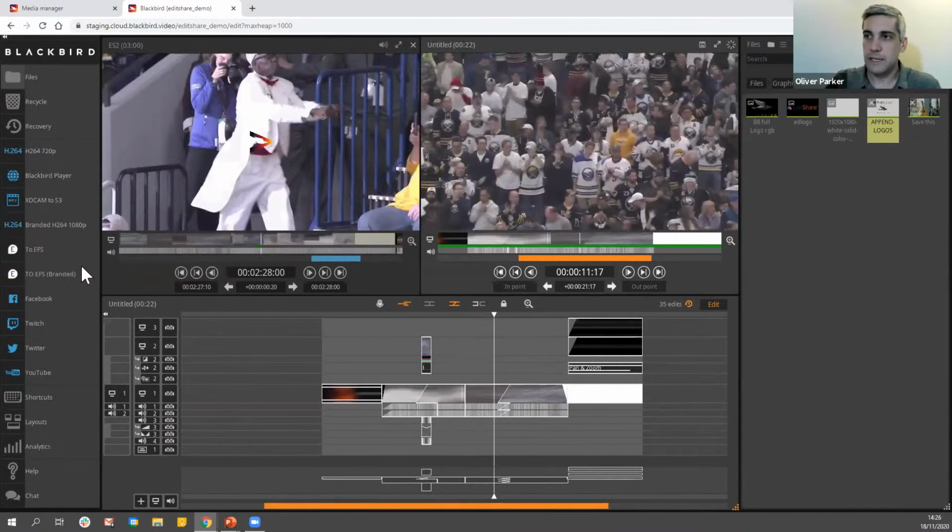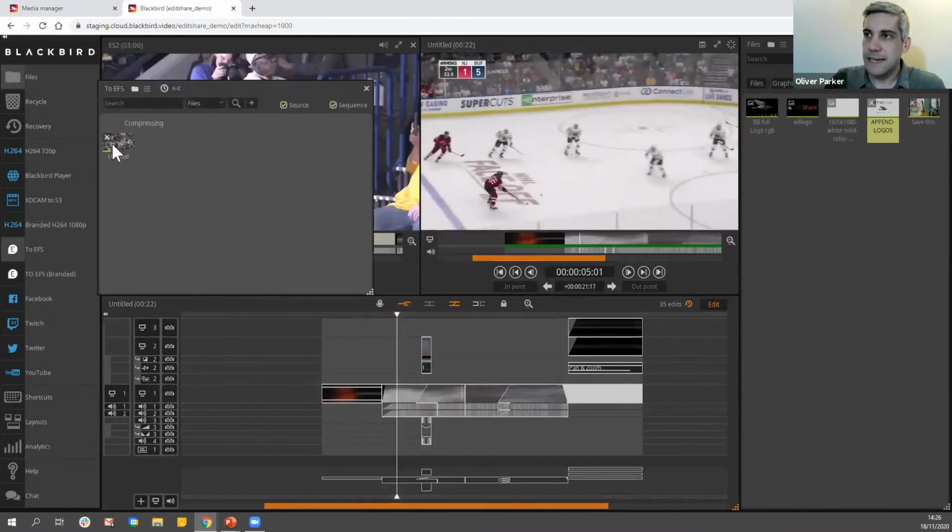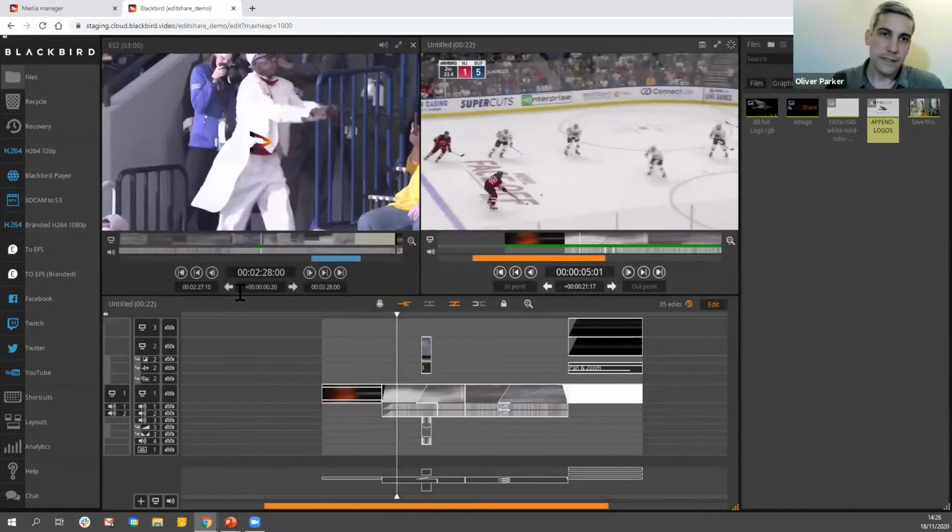I'm going to drag and drop this, and I'm going to send this to the clean render that we've got going into our EFS project here, because obviously I've put the branding on myself. And if I come over and click here, we can see that starting to process and compress and deliver itself back into the EFS system. Of course, again, that render is actually happening back within that infrastructure using that file that's on the EFS storage.